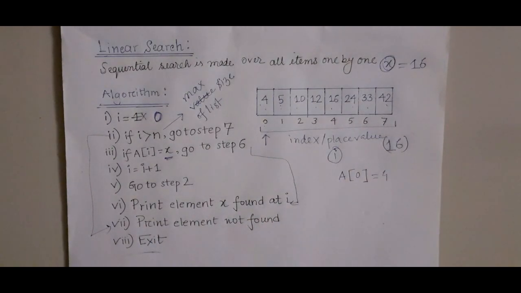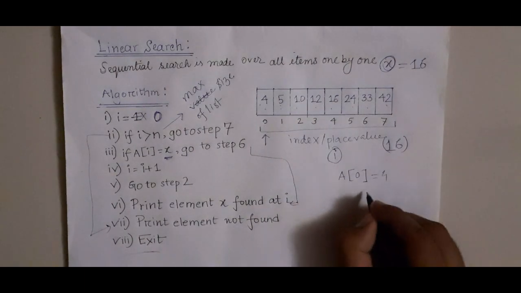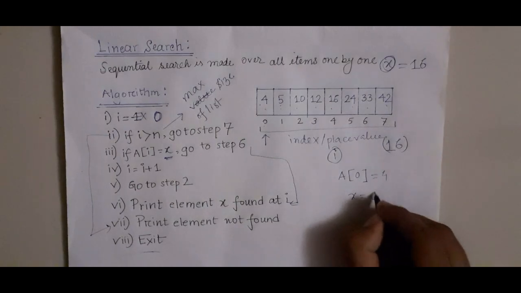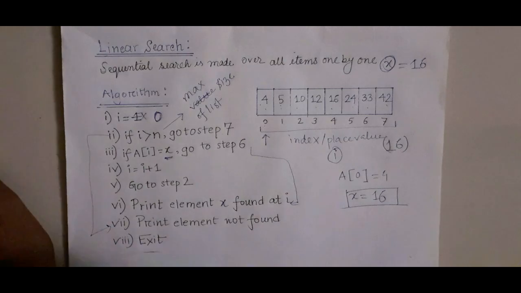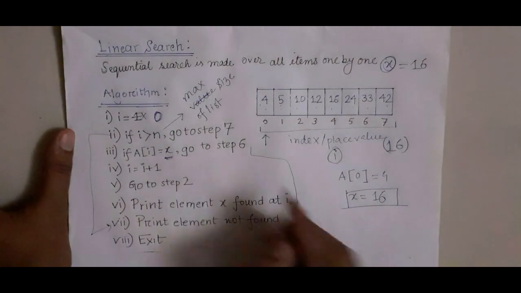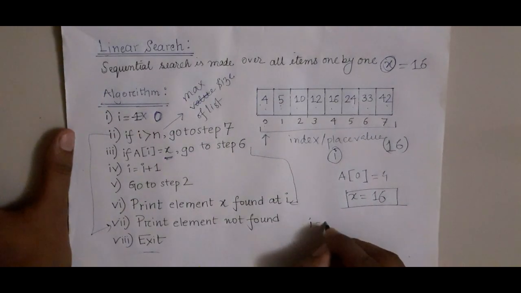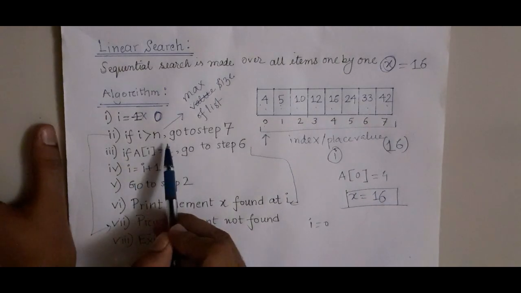As I have told you before, we need to figure out this x value of 16, right? We are being asked to search for this 16 from the list. So what is the first step we need to take? First, we start off with I equal to 0, right? Then if I is greater than n,